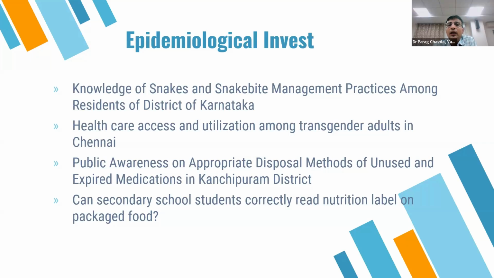ICMR STS for sure is looking at such topics. Healthcare access and utilization among transgender people. Now, transgender is a very small subpopulation of India, but they are very, very important. And we understand that for decades, for ages, this is a population which has faced social isolation. So anything to be done among such vulnerable populations has better chances of getting selected, because there is very little data, information, and evidence around what is happening among such vulnerable populations.